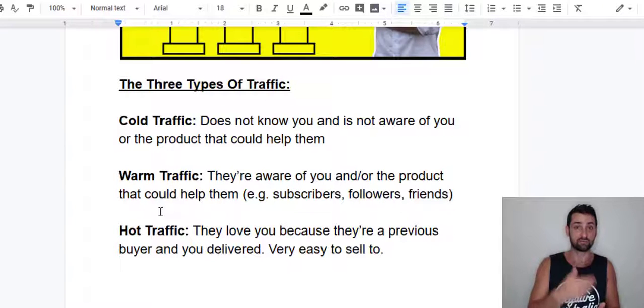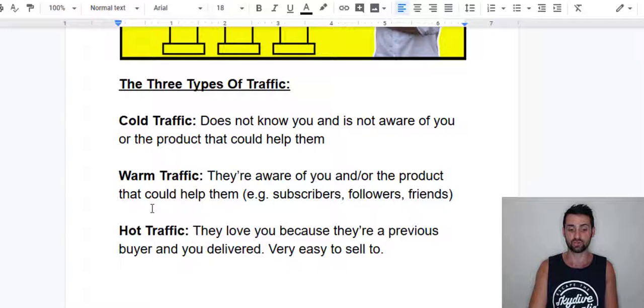Now, once they actually make a purchase from you, whether it's an affiliate product, like I said, or your own product, they then become hot traffic, especially if you're out there promoting products that actually help your target audience. Because if you help your target audience, then they're going to know, like, and trust you on a much deeper level. Because you've delivered for the first time, they know you're going to deliver again. When you're recommending products, they know that because you helped them in that first instance, you're going to help them again. So these people are very easy to sell to.